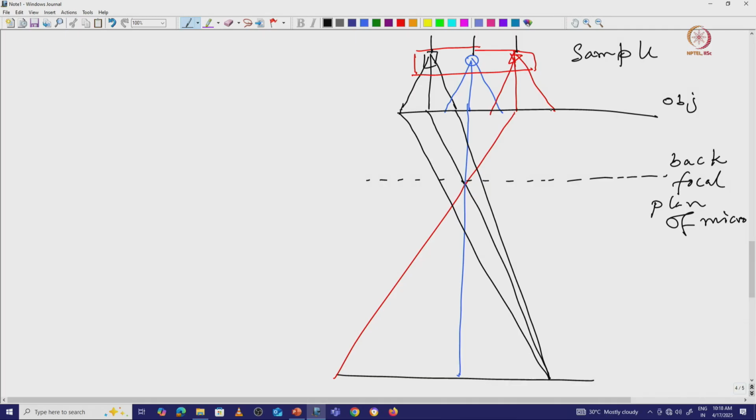Now, the same thing is true here. When we have this particular wave, this wave will go through and merge somewhere here, right. So, this particular wave, I will just use that red.